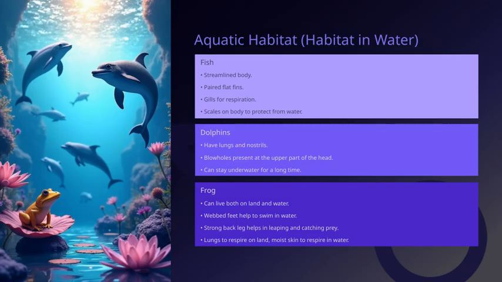Fish, for example, have a streamlined body that helps them glide smoothly through the water. They also have paired, flat fins that assist with steering and stability. To breathe underwater, fish use gills, which extract oxygen from the water, and their bodies are covered with scales that provide protection. Moving on to dolphins, these fascinating mammals have lungs and nostrils, or blowholes, located on the top of